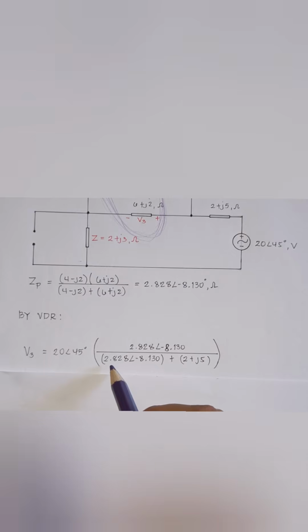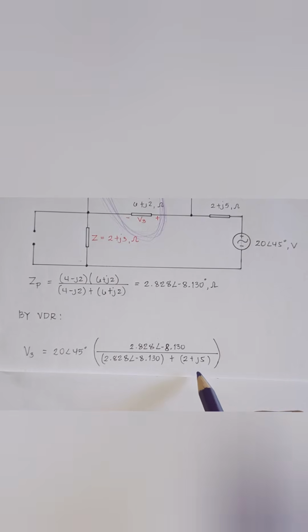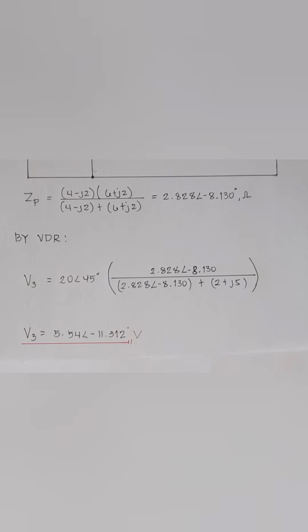So we have 2.828 angle of negative 8.130 plus 2 plus J5. And now we get the value of V3, which is 5.54 angle of negative